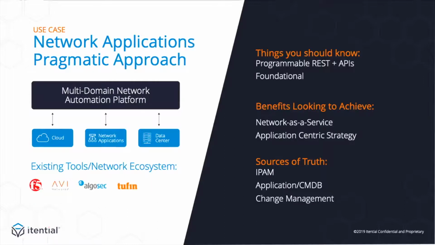So maybe a second one to talk about is a network application. A lot of times we think about networks pertaining to routers and switches, but where we've seen a lot of success is with customers looking at load balancers, firewalls, a lot of times considered middle boxes. So when we think about network applications, these are highly programmable network elements. So the use case I was talking about before with breaking down the device config of routing and switching, I think some of these vendors, because they are more application centric, are farther along providing direct REST APIs,